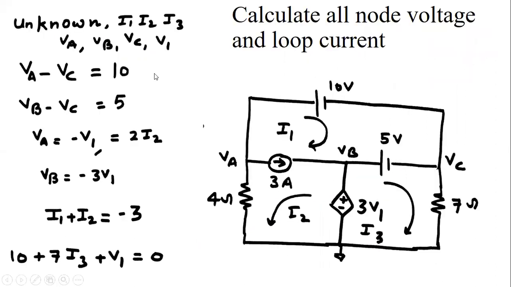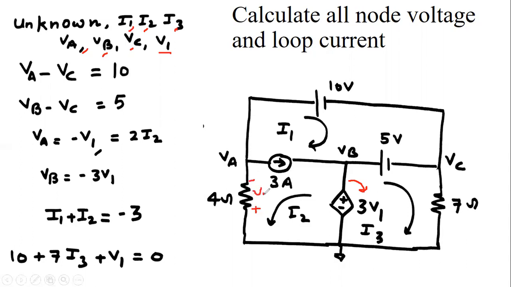Now moving on to the third. Question third is saying, calculate the value of all the node currents and node voltages as shown in figure. See here, the total number of unknown variables is I1, I2, I3, voltages VA, VB and VC, and next one is V1. This is my voltage V1 because this is the voltage of the dependent source 3V1. So this V1 should be shown in the figure. By mistake we have forgotten. So now we are assuming this voltage is V1.